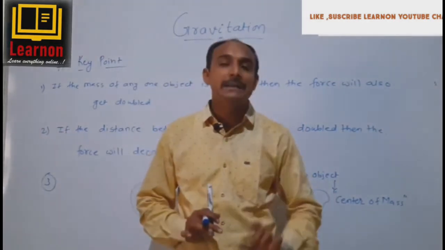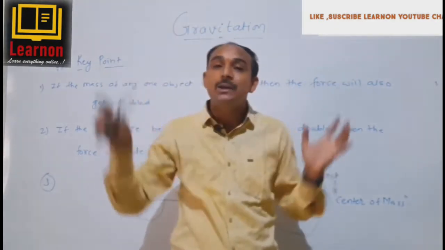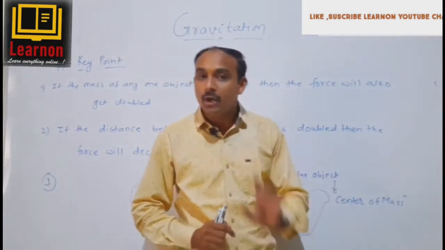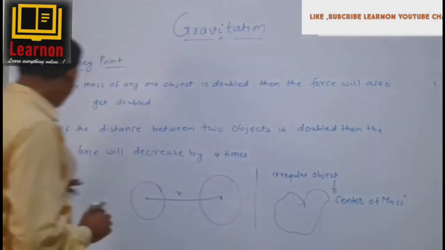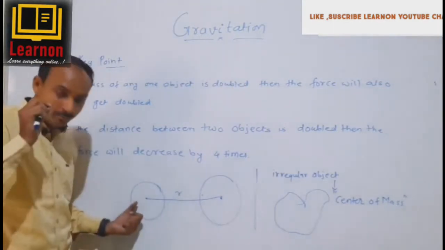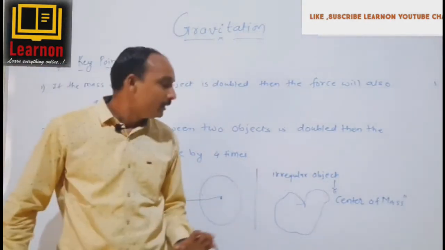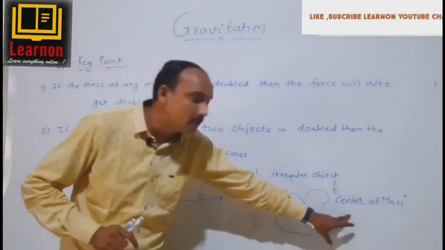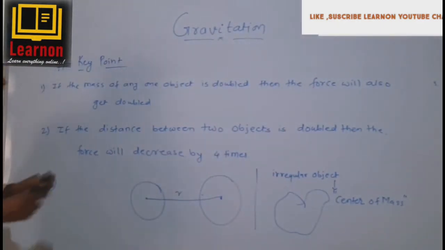Center of mass is defined as the point at which the whole mass of the body is supposed to be concentrated. That particular point of the body is called the center of mass. Got it? So the third point is also clear: while taking the distance between two objects, if the bodies are regular, you can directly take their centers. If the bodies are irregular, don't take their centers because we do not have a particular center. In that case, you have to take the center of mass. So this is all about the key points. Next, we will go for Oscar.